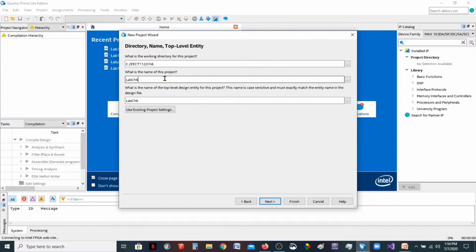Chapter 6. Oh, I do want to say something real quick that me and Jonathan just went through, and that is he was having a problem with the simulation trying to run. He was able to compile and everything like that. This is how he had one of his labs named: Lab Chapter 6-7. You're not allowed to use a dash or any of the other special characters in your project name or your BDF file name, okay? So John, if you're listening, I'm able to do the underscore, but I just try to stay away from all of that and just stick with